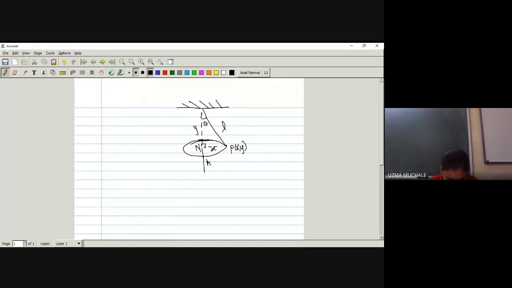And now, how many degrees of freedom will it have? Because we have these equations. X and y are given to us as Cartesian coordinates, but they are related by an equation. What is the equation? X square plus y square is equal to L square, right? Two Cartesian coordinates, they are related by one equation. So how many generalized coordinates will I give you? Only one generalized coordinate. And what is that generalized coordinate? That is nothing but this angle theta.